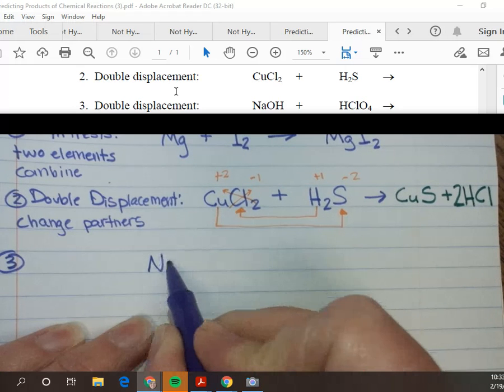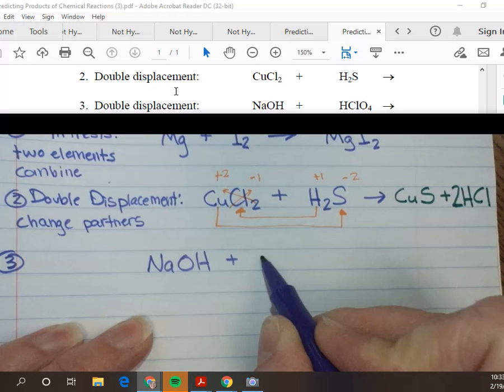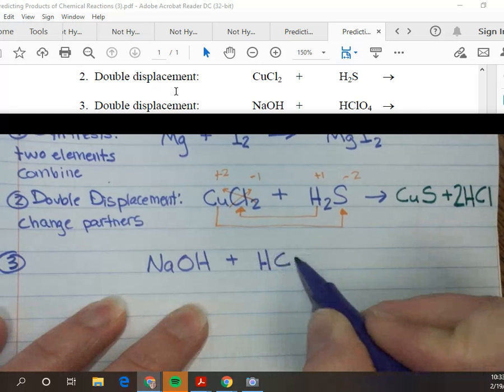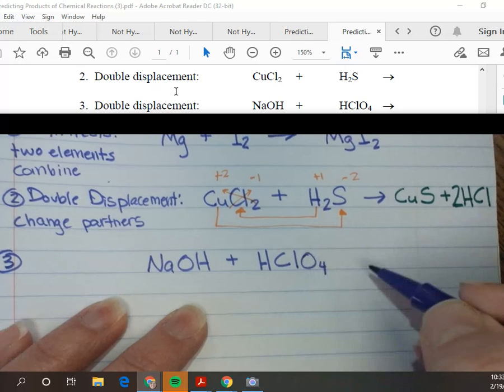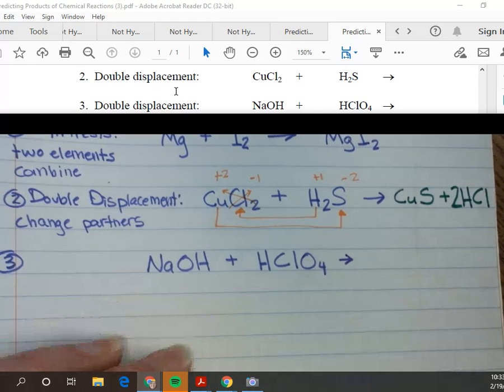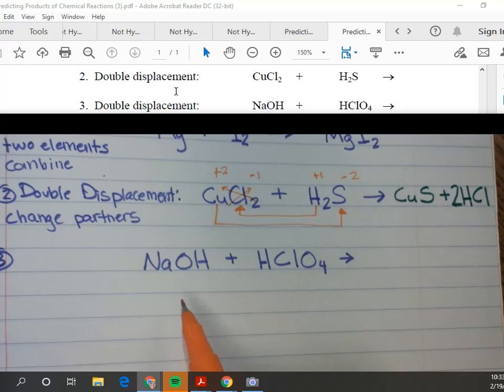Okay, we have sodium hydroxide plus hydrochloric acid. Okay. Well, what is it going to yield? I know, let's see. If I look at my cheat sheet and I say,